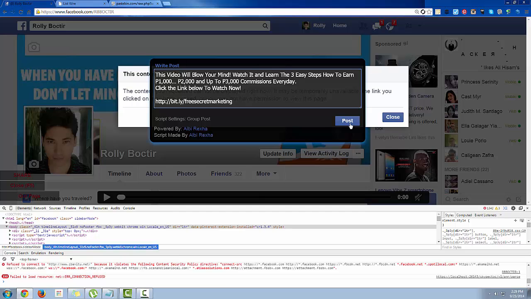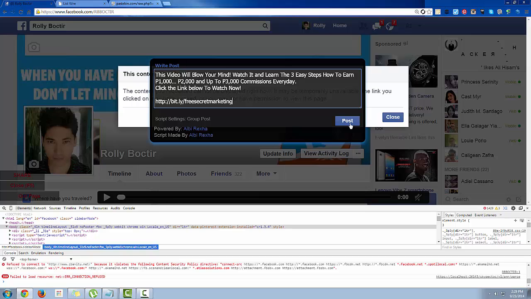click post. Once you've done that, it will automatically post to all the groups that you joined. And by the way, the advantage of this one is that even for private groups, every time you post there we ask for permission from the admin.